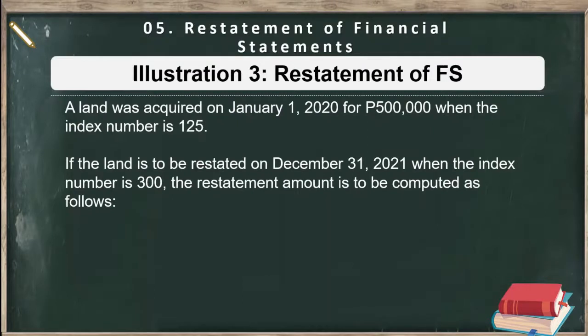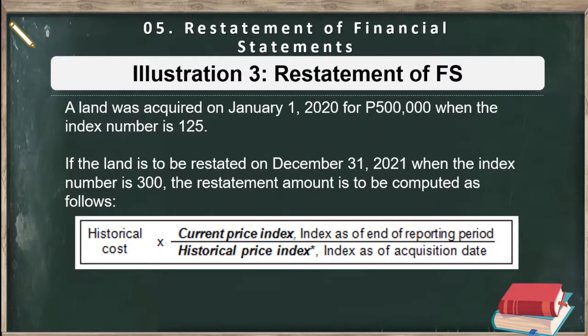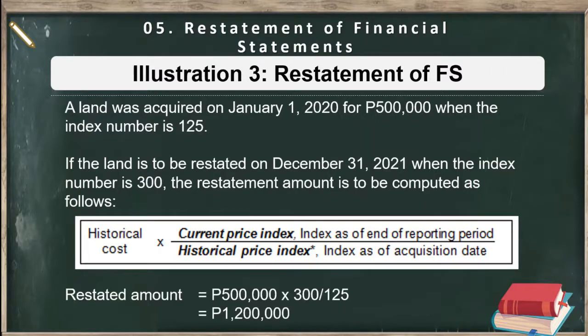Example, a land was acquired on January 1, 2020 for 500,000 when the index number is 125. If the land is to be restated on December 31, 2021, when the index number is 300, the restatement amount is computed as follows. So again, we apply the formula. We have the historical cost of 500,000 times the current price index, which is 300, over the historical price index, which is 125. So silbing i-convert